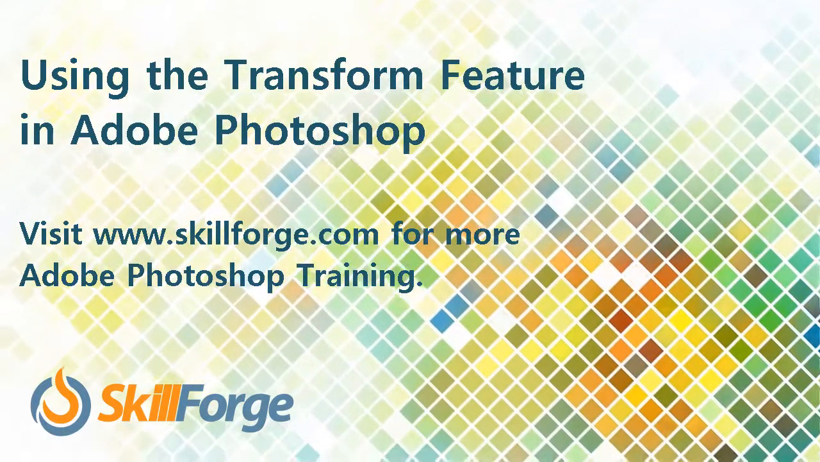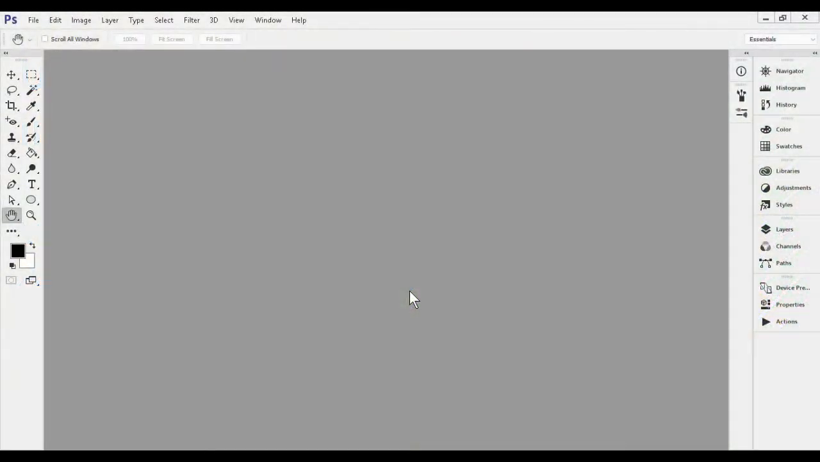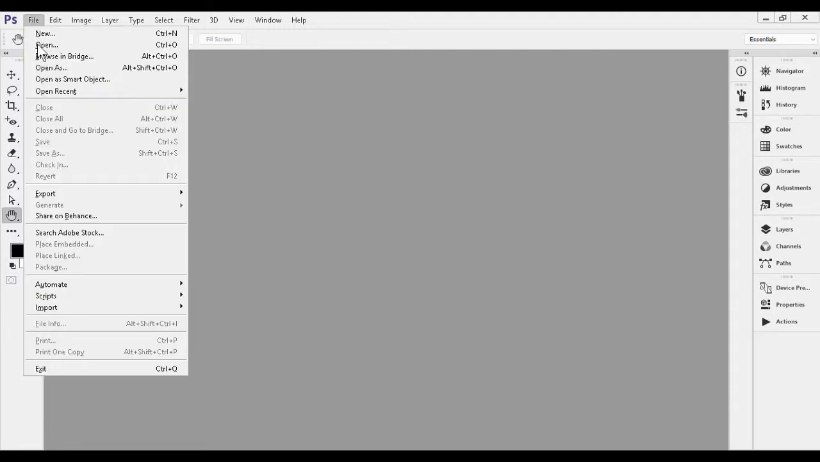Some people think Photoshop's transform feature is fairly difficult to use because they've heard it requires super steady hands and eagle eyes, but this is not the case. Though doing a transform by eye does take some practice, it isn't the only way to tackle the problem. We can open our file to start,